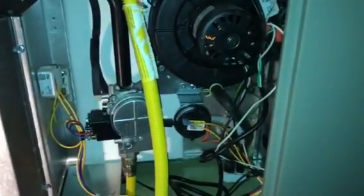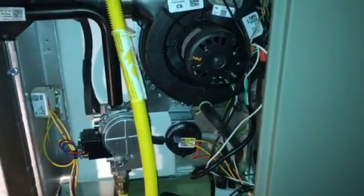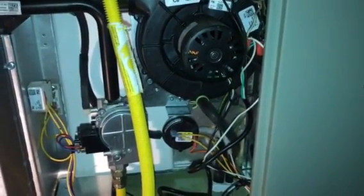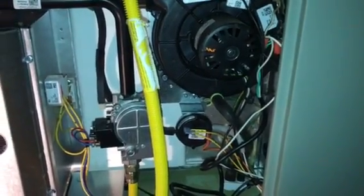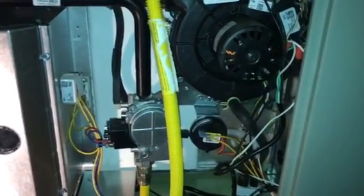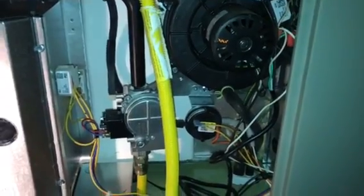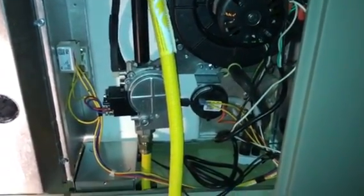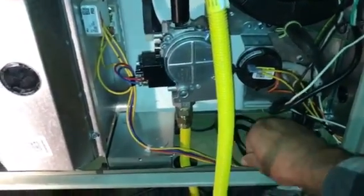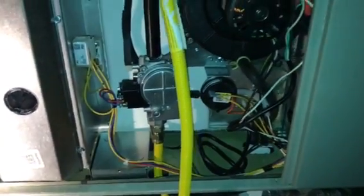But I'm going to go in the house and cycle this a couple of times. I'm going to satisfy it with the temperature number, let it cool the heat exchanger and the flue pipe completely down, and then cycle it back on. I'll probably do that about twice, and if it's working consistently, then we'll probably leave it. But